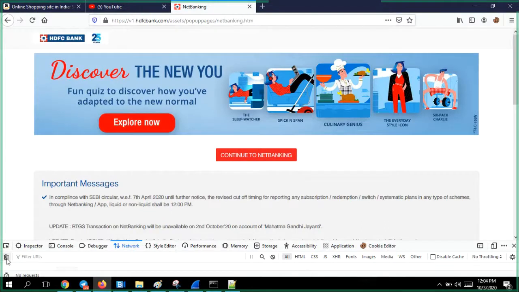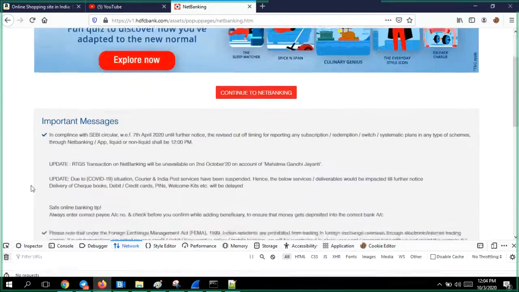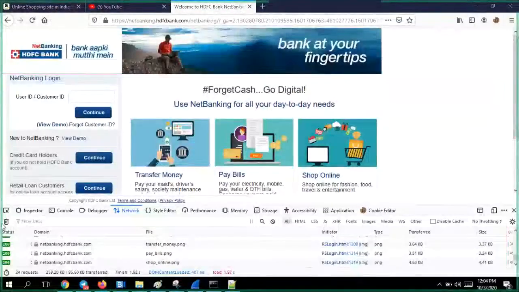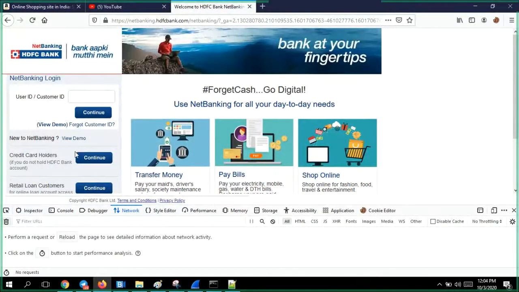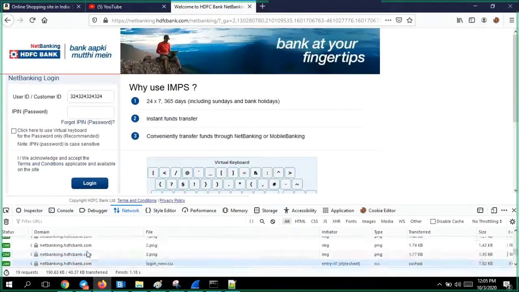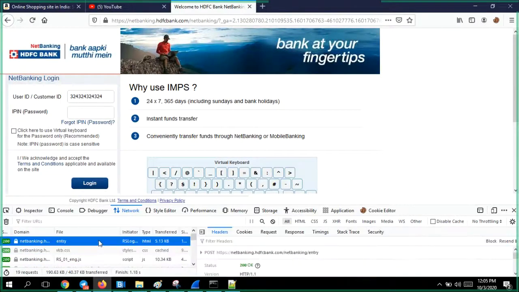Clear it, clear it, clear it. Yeah. Continue net banking. Clear it. I don't think here we will be able to, because here everything. Okay, let me enter something. Okay. Let me try to. Okay, let me select entry point,